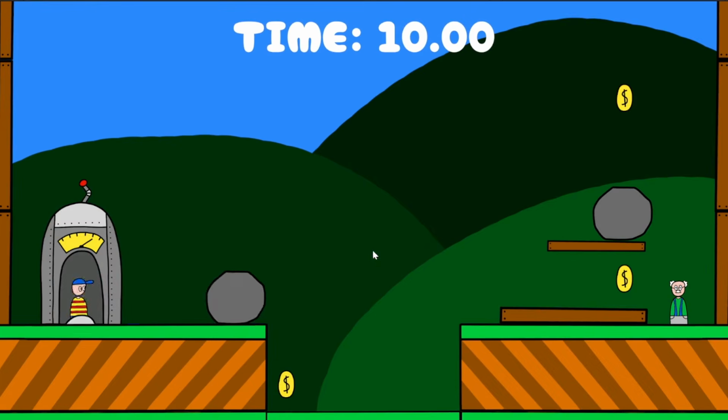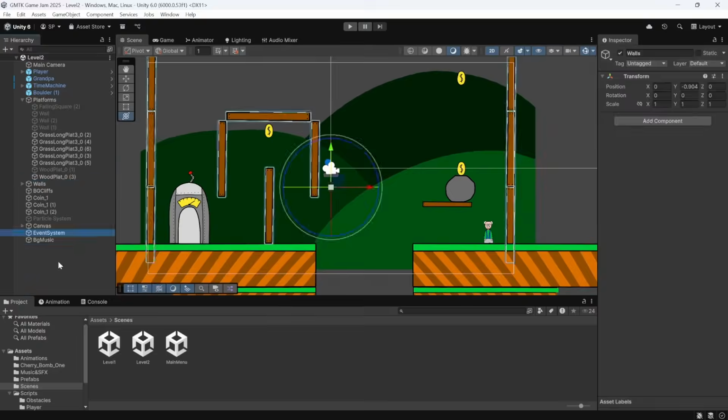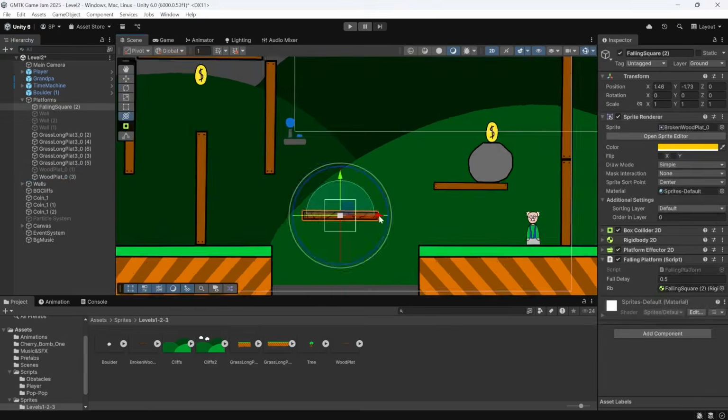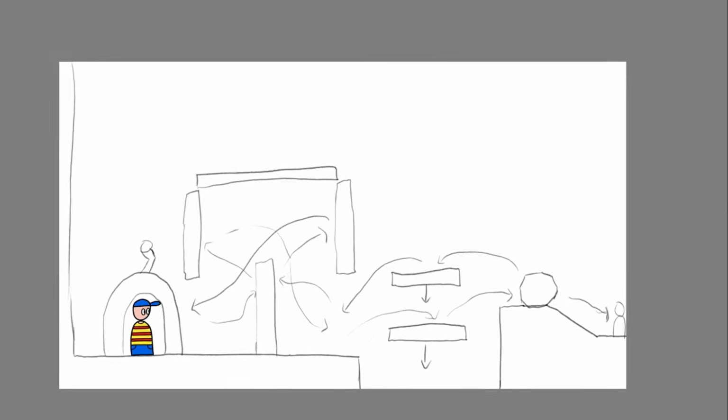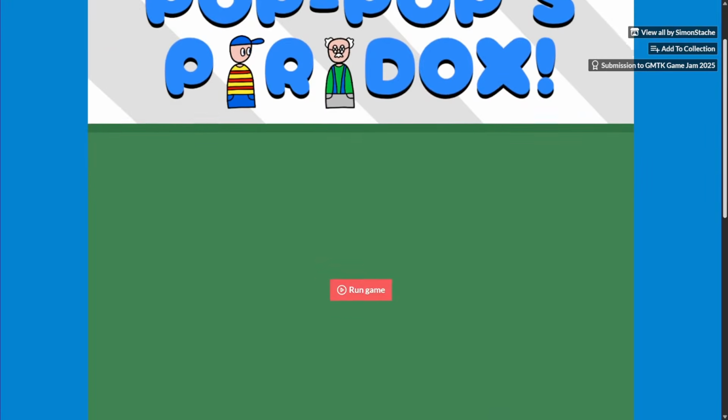Adding the appropriate sounds really makes a difference in the game's immersion. Next, I finally worked on the second level. I already had literally everything ready for this one, so it was pretty quick to make. I planned every level on my tablet before working on them, and that really helped in designing the layouts. I also did the third level, but I don't want to show everything. You can try the game for free on itch.io if you want.